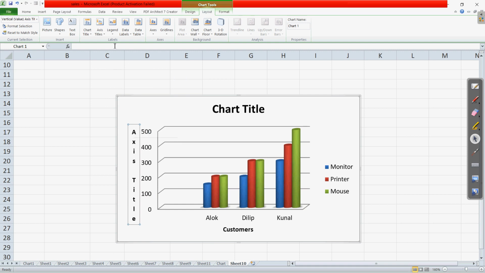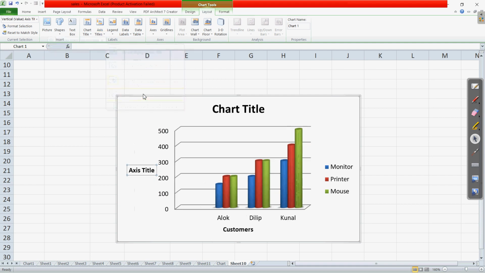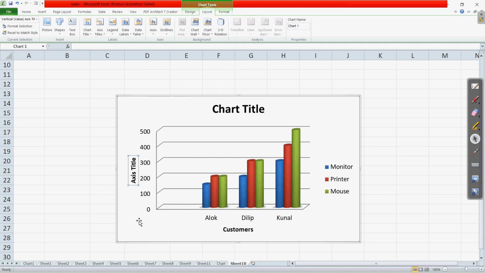There are various other appearances. Right now it is the vertical title. If you want that to be in a vertical way, here is another way. Then we have one more, that is the rotated title. Clear? Means whatever the direction of the values, the direction of the title is similar.